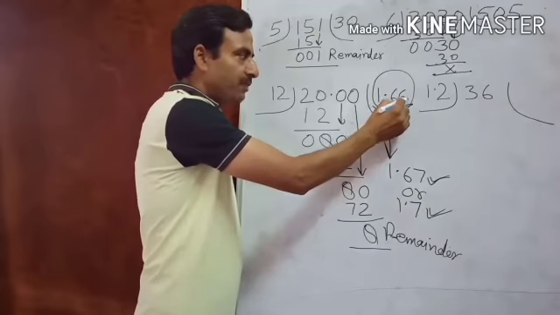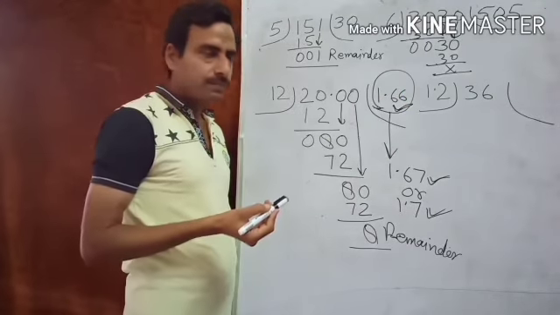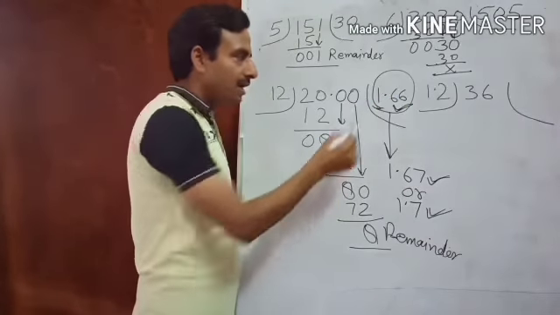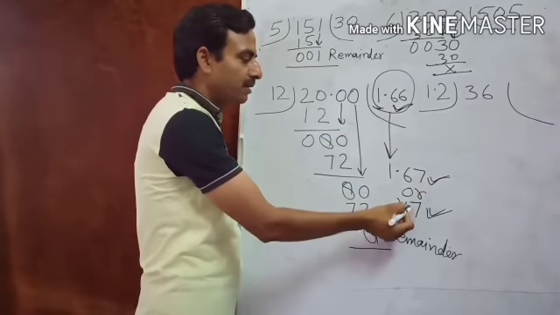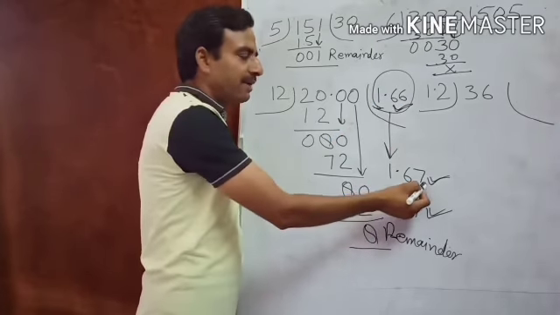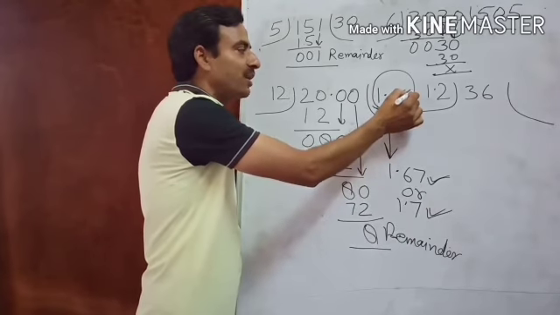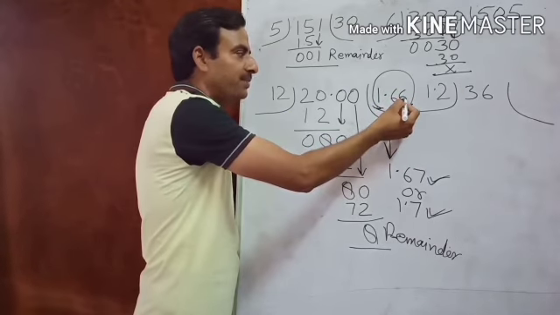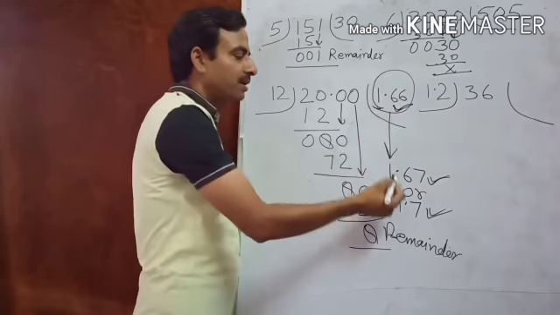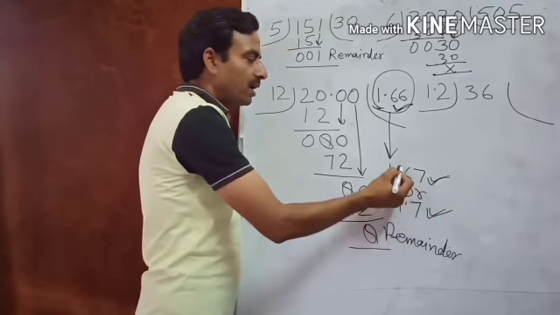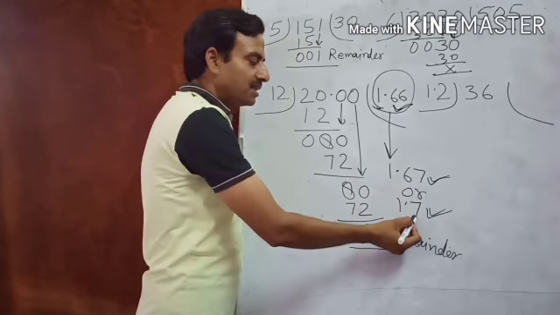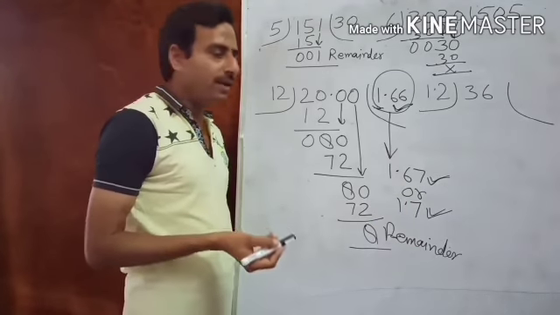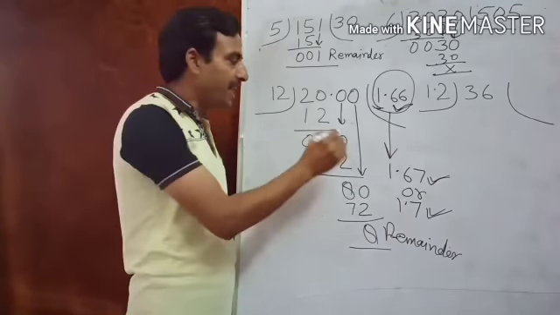Here it is 6, which means it is more than 5, then you can increase the previous digit and remove it. Like 6 plus 1 is equal to 7, 1.7. 1.67 I have written over here because the next digit is also 6. That we will remove, then we increase the previous digit by one, then the answer will be 1.67. So this answer is up to 2 decimals. This answer is up to 1 decimal digit. As per the question, you can write the answer. It is a very important question of the